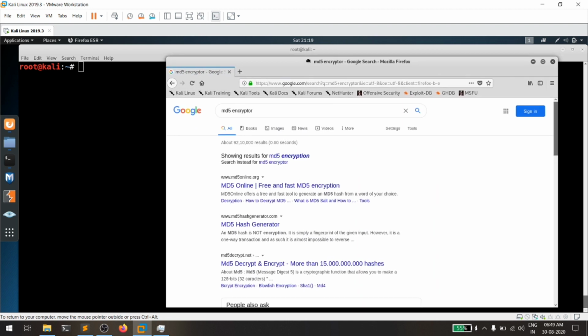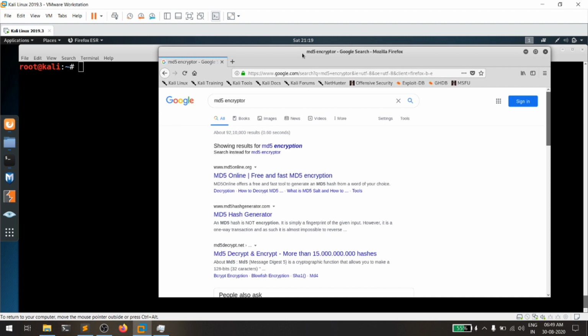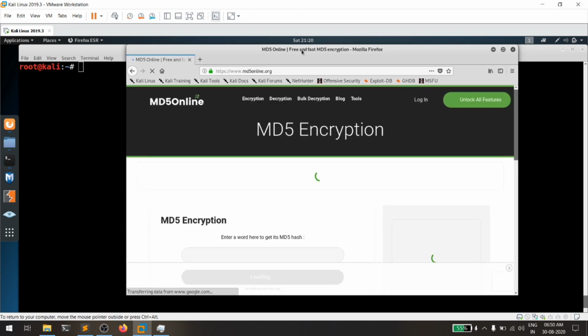Guys, remember one thing: if the password complexity is really strong, I can guarantee you that you might not be cracking the password. That's the reason why people insist you use longer passwords like 20 characters, 30 characters, and stuff like that. Generally I use 32 characters as my password, and that takes approximately 40 years to crack. So don't try to crack it. Your life will be gone. So I also recommend you to use a longer password.